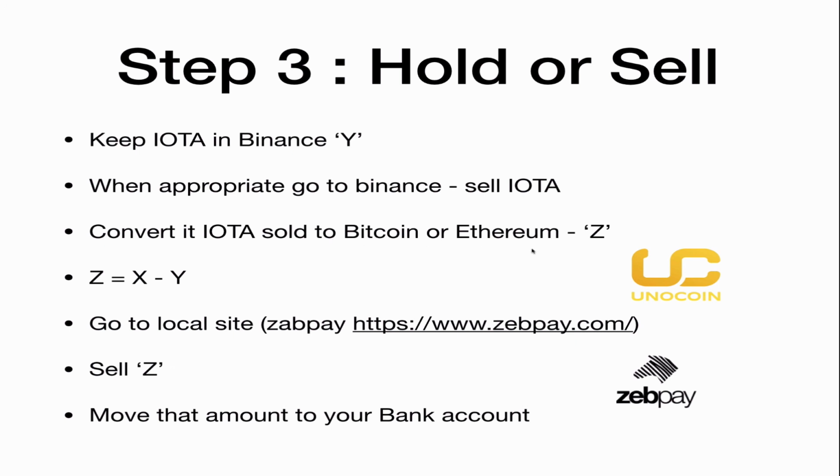Remember, you can only sell Bitcoin and Ethereum in such sites. They don't accept any other coins. So sell your Bitcoin here, and then you can move that amount back to your account. So you have made a profit in terms of buying, converting it into Bitcoin, and going to an exchange, buying equivalent amount of IOTA for that, keeping that money in your exchange in Binance, coming back to Binance, selling that amount back to Bitcoin by making some profit, and then using ZebPay to convert it back to